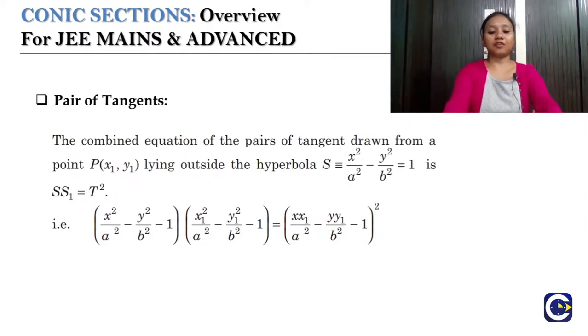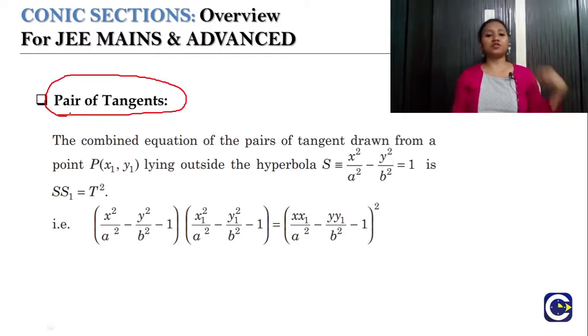The next one we are having is pair of tangents. So far we have seen one tangent, and the point of intersection of two tangents. Now we are having a pair of tangents, like from one single point we have drawn two tangents here. That means the lengths of the tangents will also be the same, right? So the combined equation of those two tangents, that is the pair of tangents, we are again considering this concept from our previous topics also. We just have to identify the condition in order to get the equation of the combined pair of tangents.